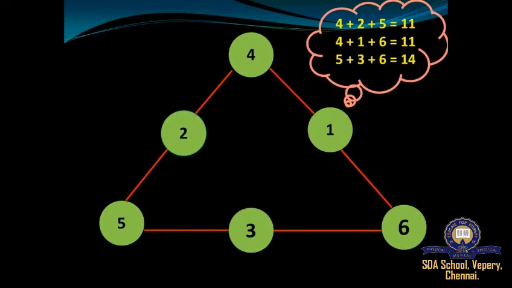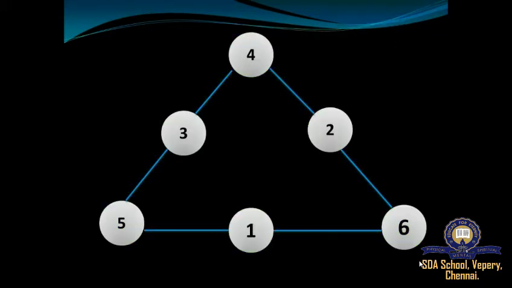Could you see the first row 5, the second row 2, 1 and the third row 5, 3 and 6. So again here is a wrong placement of numbers, since the sums of the three sides of the triangle are 11, 11 and 14. All the totals are not the same. So this placement of numbers is incorrect. Now we'll try another method of arranging the numbers.